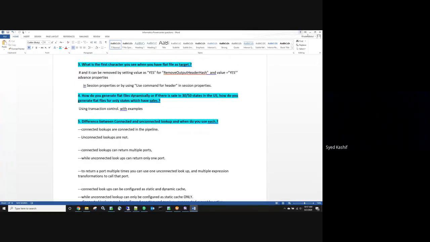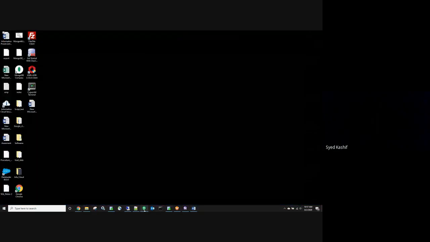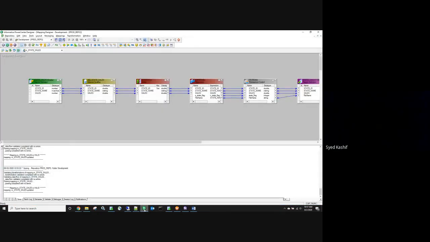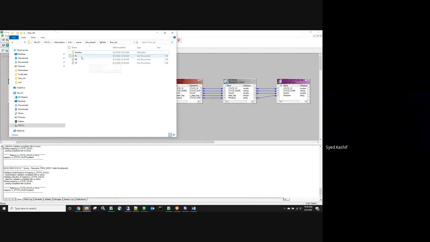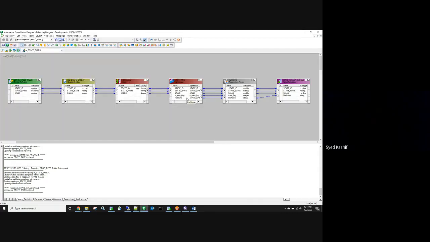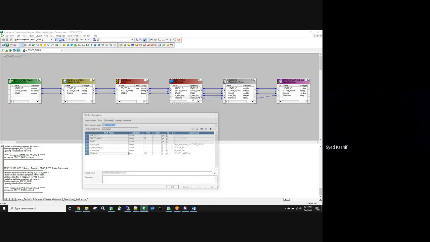So, can I move on? Yes. Okay. So I showed you how to generate the file name at the mapping level, right? So I'm generating files like this. What if I want to add the timestamp also? Because when I look at the file, I don't know which day's data it is, right? So the best thing you can do is go here